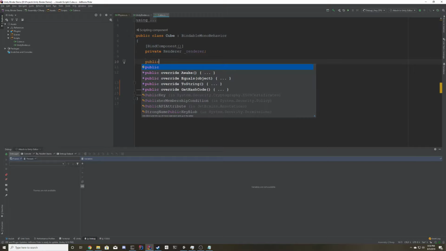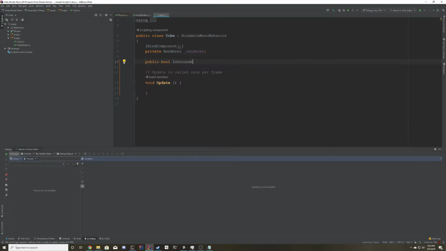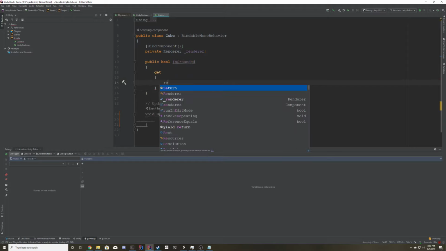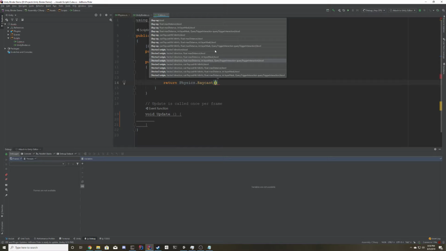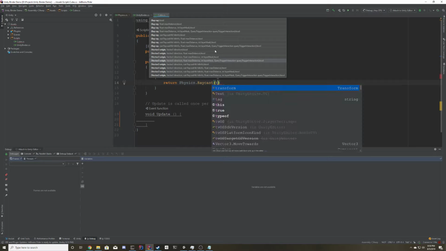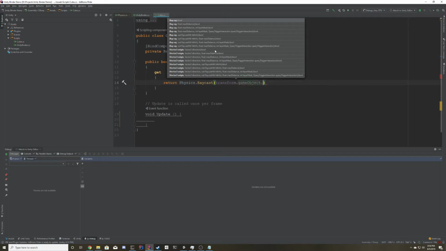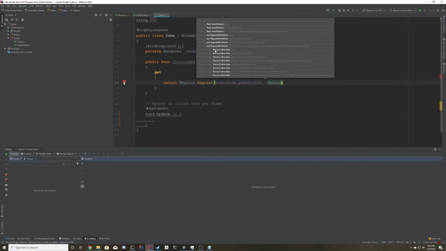Now let's go ahead and make the variable for isGrounded. It's going to be a C# property that simply does a raycast downwards to see if the ray touches the plane. So we'll do it at the current position. We'll go downwards,